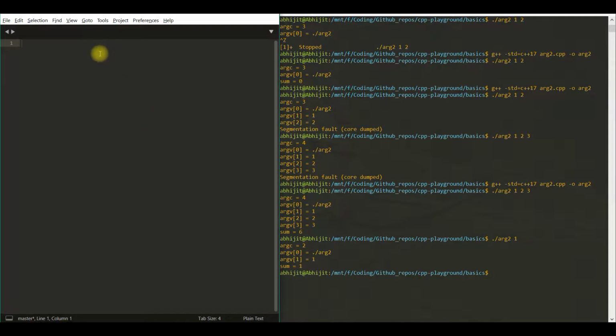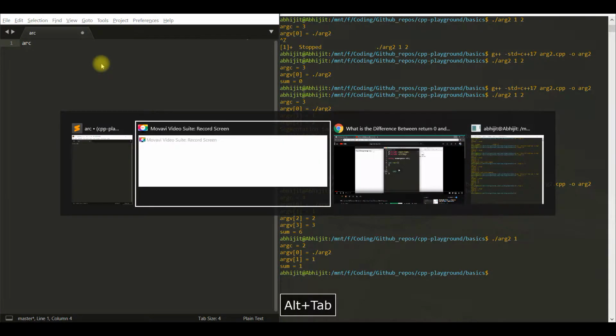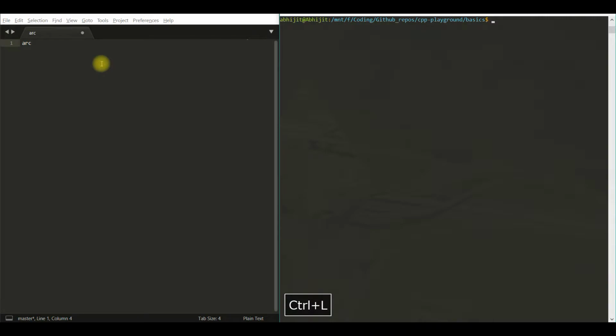Hi, so in this video I shall be covering the difference between the argc and argv. Let me clear the bash. You might be seeing argc and argv in C programs, so I'm going to cover that. I will be writing C++ code, and in that we can use some of the C functions like printf and the main function with the argc and argv